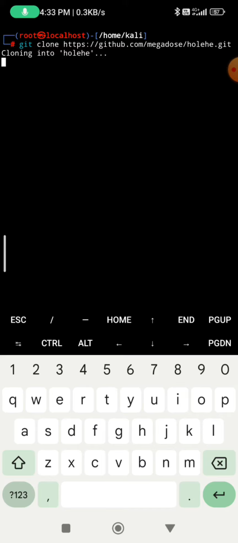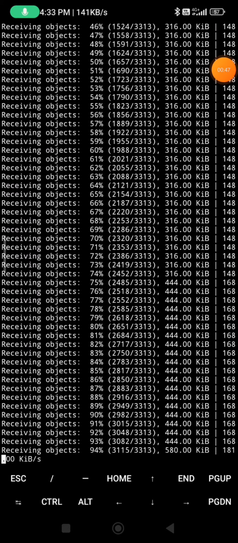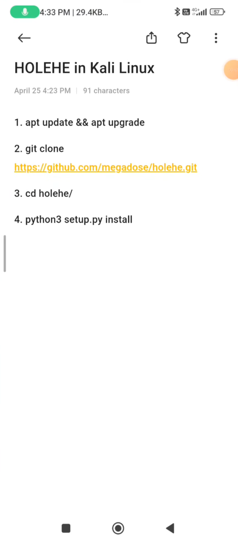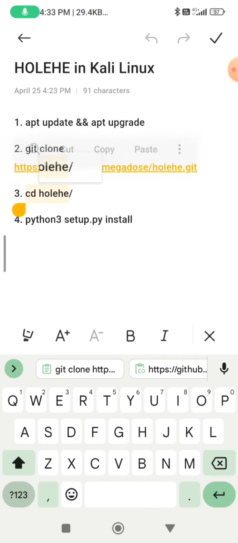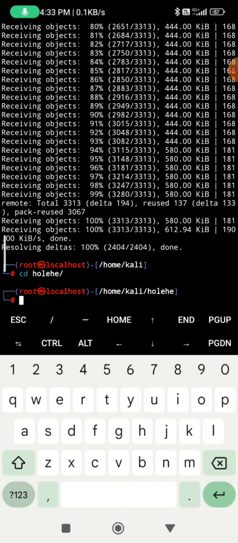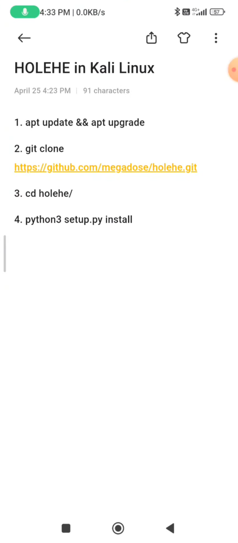It will take some minutes in the terminal. See guys, it's almost done. Now copy that third command, cd, for change directory. Copy it, paste it here, press enter and run ls. Okay, after that, copy the